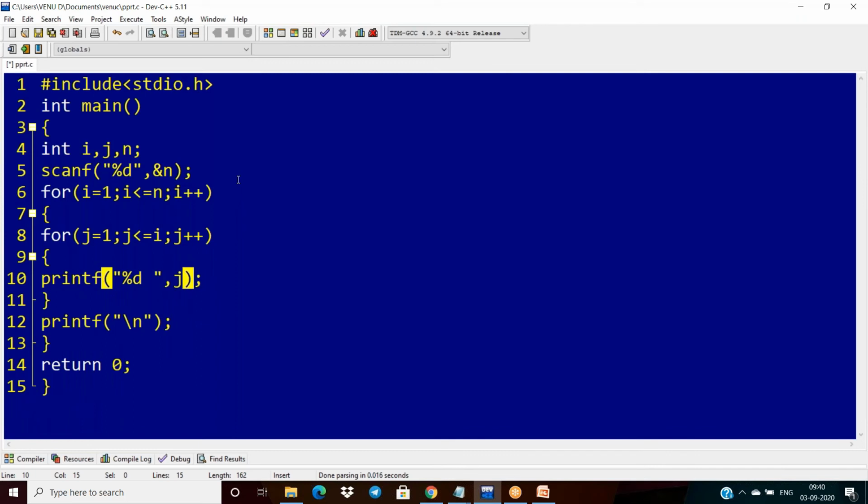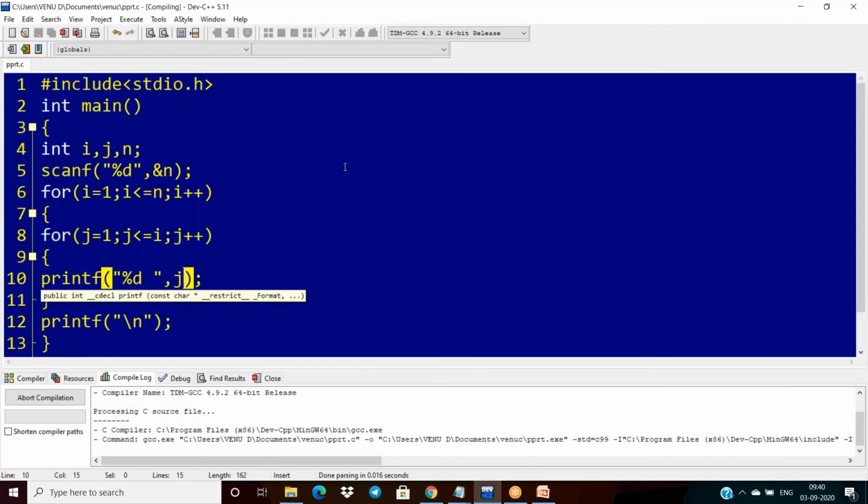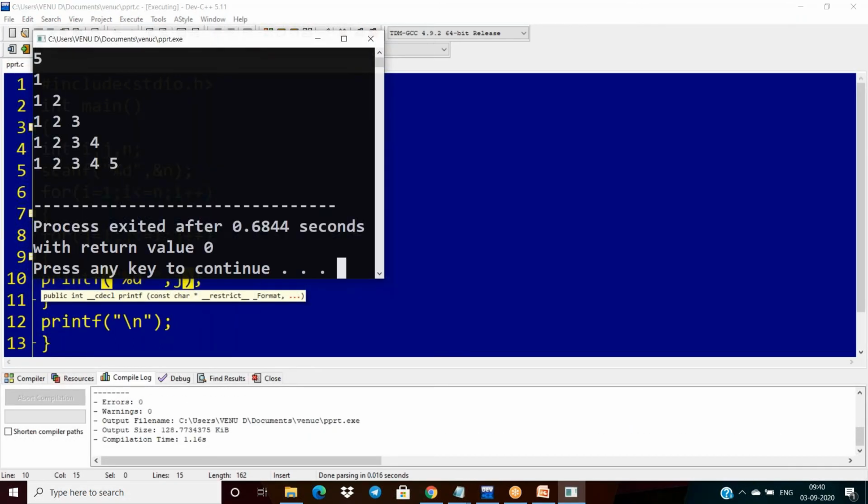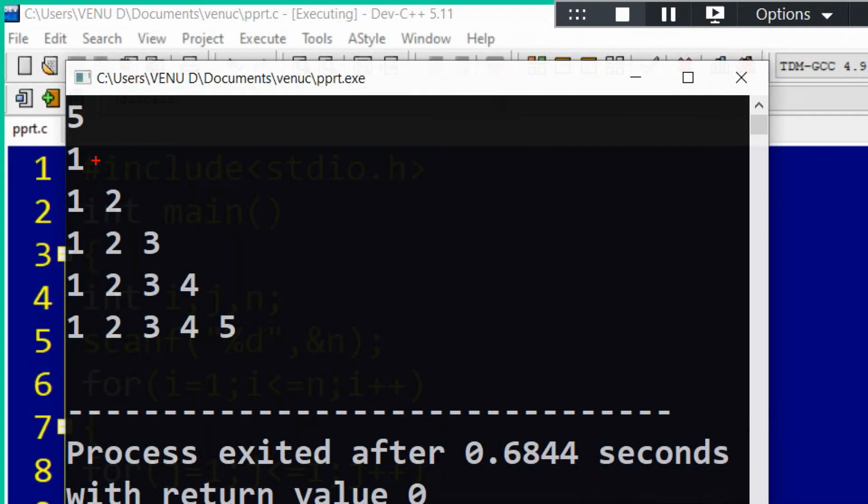If I'm taking n as 5, I'm getting this pattern: 1, 1 2, 1 2 3, 1 2 3 4, 1 2 3 4 5.